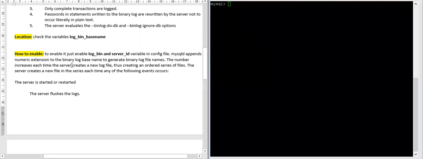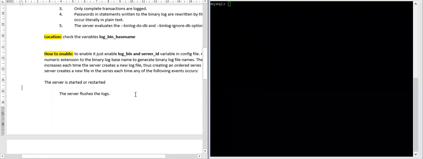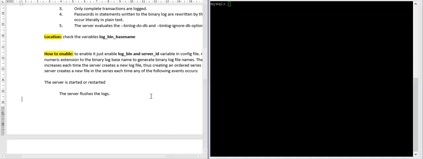To enable it, you will have to enable two variables, log_bin and server_id. So what are log_bin and server_id? log_bin is the variable: if you maintain it as on, then your binary log file will be created. If it is off, then the binary log will not be created.